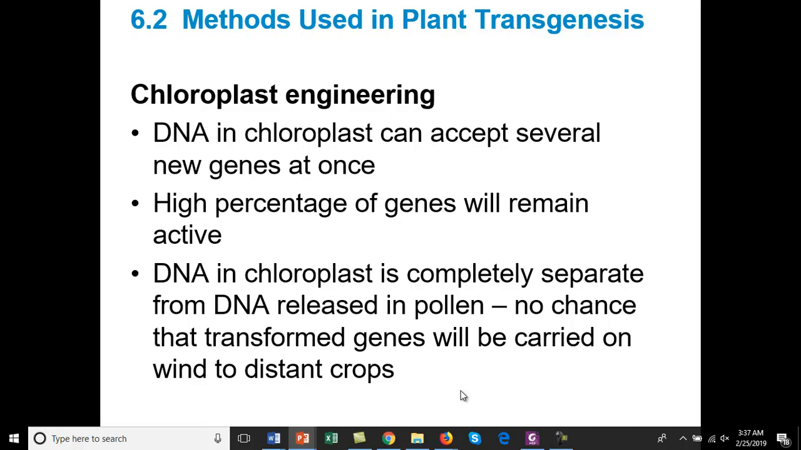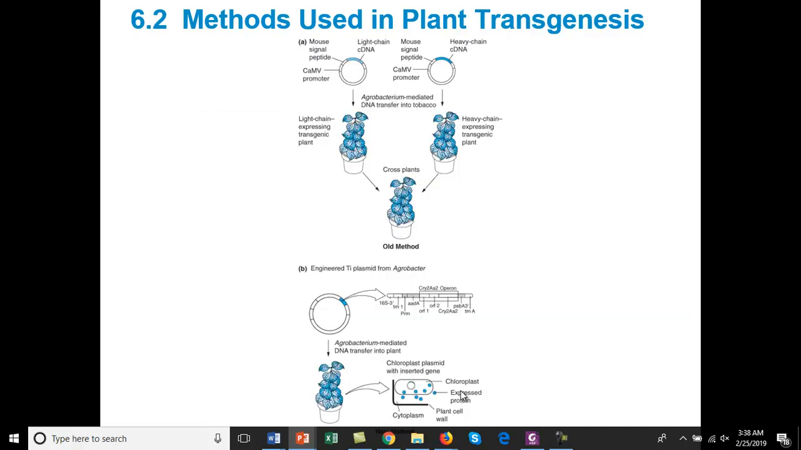Okay, and you have to imagine that on a windy day with a high pollen producing crop like corn, that pollen is going to go everywhere. So chloroplast engineering safeguards to make sure that you don't have gene drift and you don't have genetically modified traits in non-GM crops, which nobody really wants. Okay,